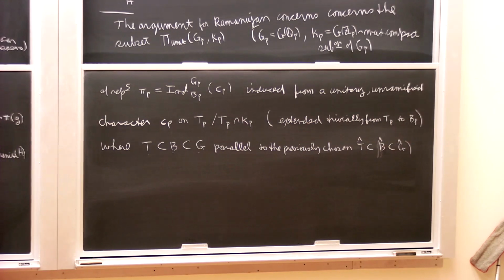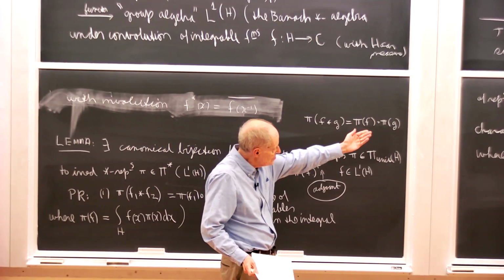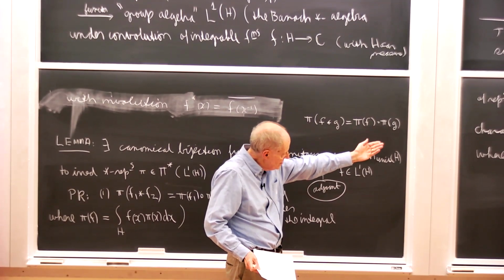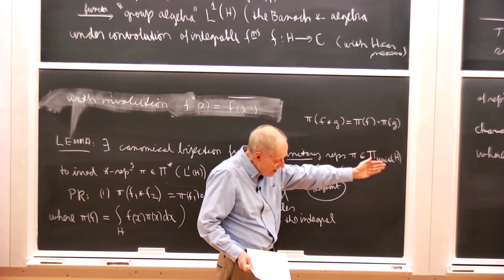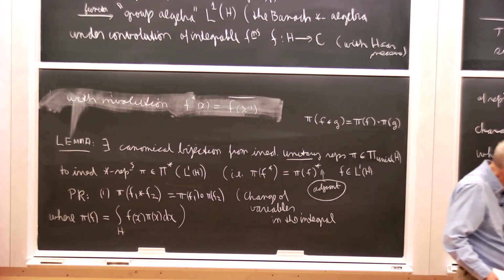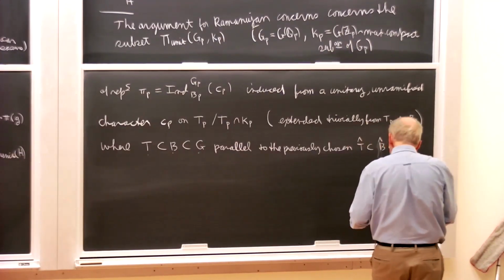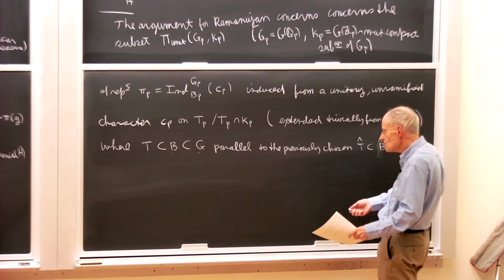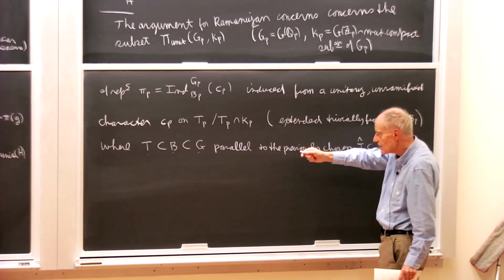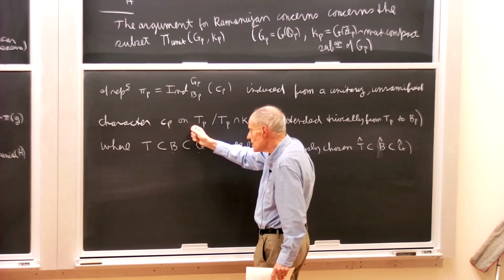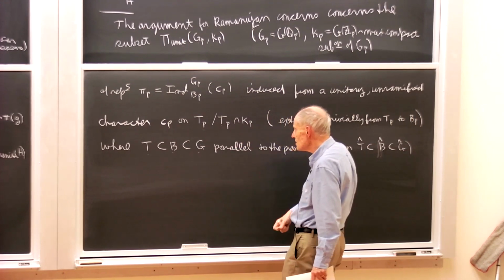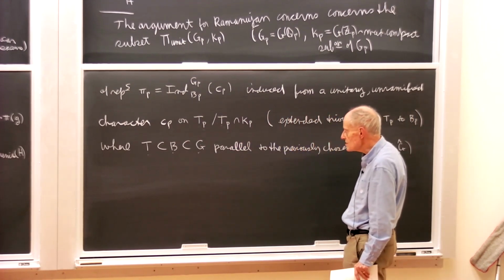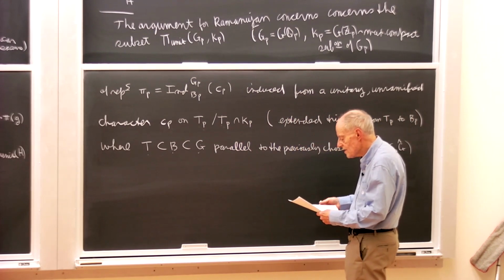All right, so the argument for Ramanujan pertains only to these representations. These are the unramified, they're not just unitary representations, but they are unitary representations induced from this very particular kind of character, an unramified character, chi_p on T_p. That is to say, it's trivial on the intersection of K_p with this maximal compact subgroup. And